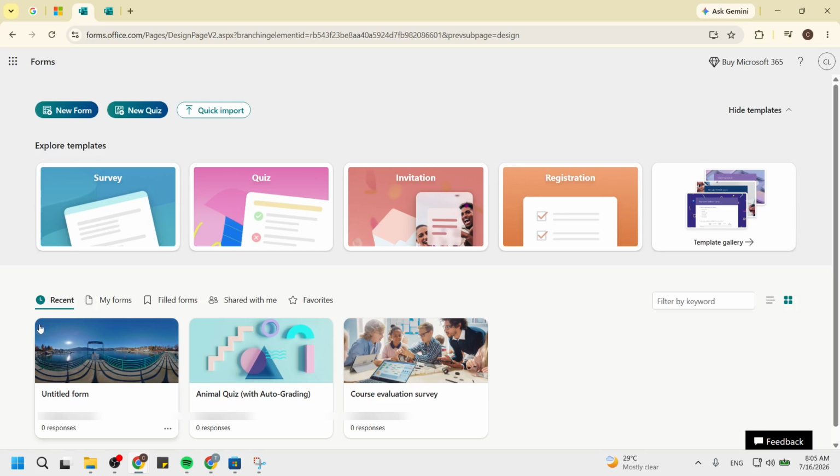Now click on the main form title block. This area is typically located at the top of your form. The form title block is where you can give your form a name that reflects its purpose. By clicking here, you activate the text field, allowing you to enter your title seamlessly. This title is the first thing respondents will see, so make it clear and relevant. With this step completed, your form starts to take shape.